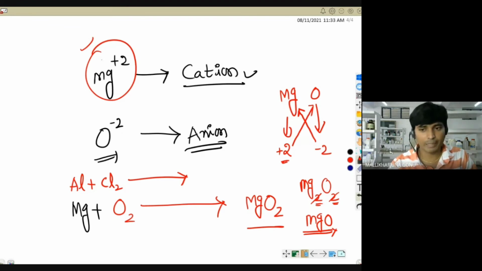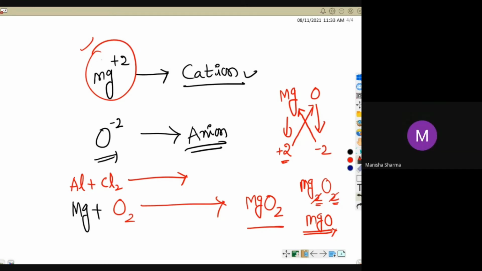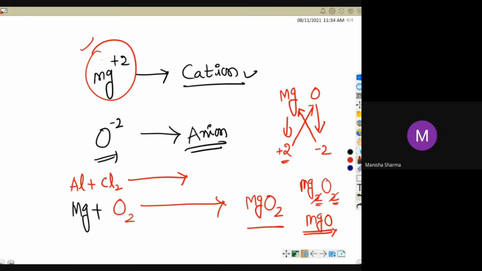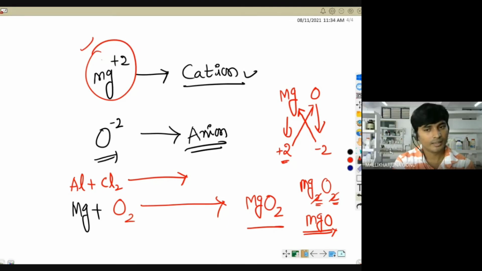Yes, Manisha, very good. Tell me, Manisha, what product I want to write here? AgCl2. AgCl2, it's not Ag dear, it is Al. It is aluminum. Then how will AlCl2 be formed? Do you know what is the valence of aluminum, Manisha? Do you remember or not? You don't. 13. Yes, 13.